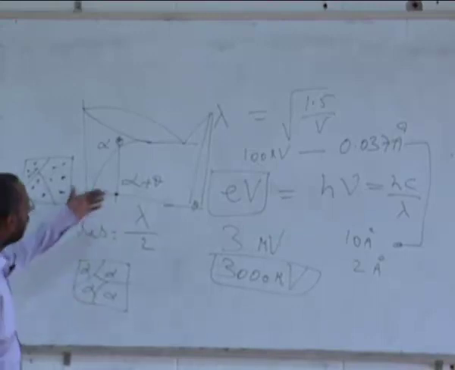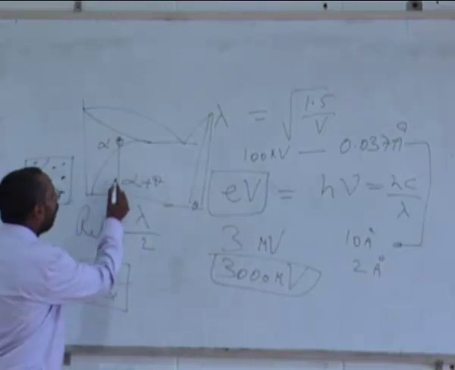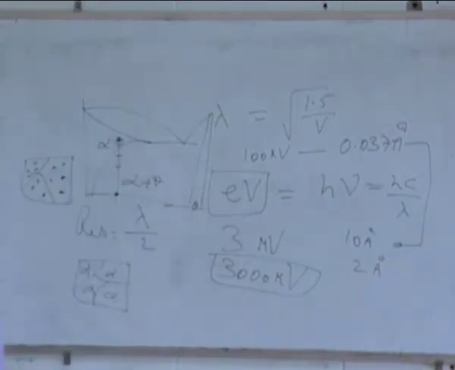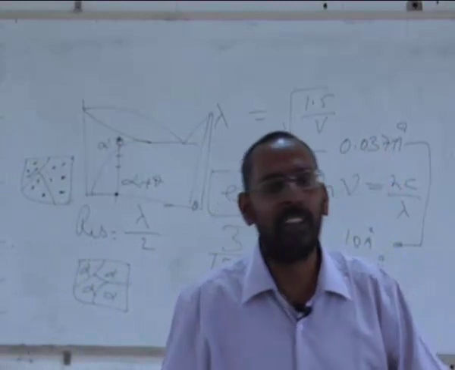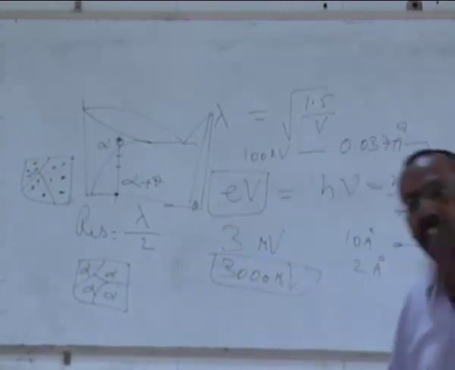These are the precipitates, let's say. If I am heating it by my electron beam itself, then the temperature may go here, and if it goes here, let's say, for a hypothetical case, then what happens? All the precipitates dissolve back into the matrix. So you again get a single phase alpha only, and there are no precipitates. These are all what are called artifacts caused by the electron beam itself.